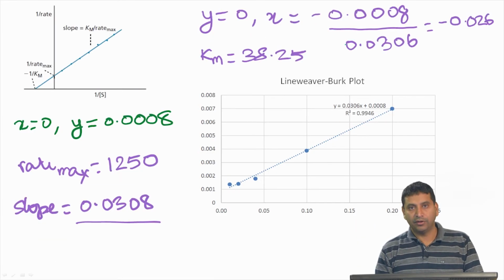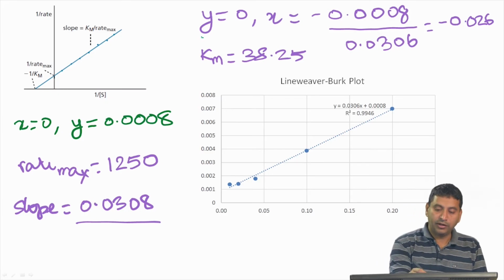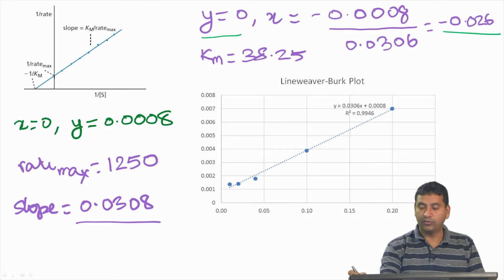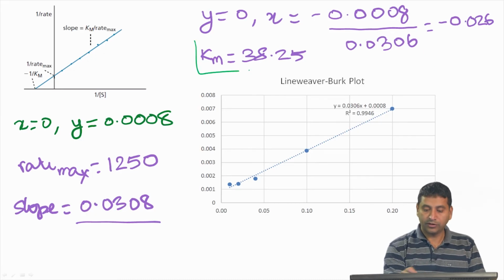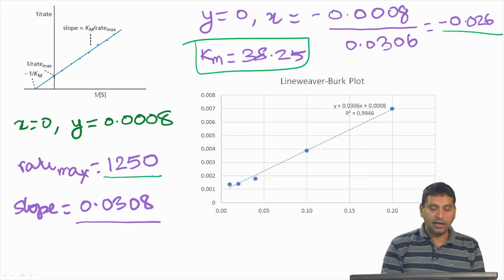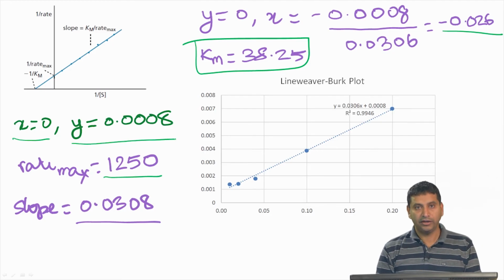Now, if we were to derive the Michaelis-Menten constant, we put y equals 0, x then becomes 0.008 divided by 0.0306, which is c divided by m, and you get this value of 0.026. We know that we can take the negative inverse of this number, that is 1 by that number, and then making it into a positive value will give us 38.25. So, the Km here is 38.25, and the rate max, again if you go through the steps, you get x equals 0, y equals 0.0008, and then you take the inverse of that, then you get the rate max is